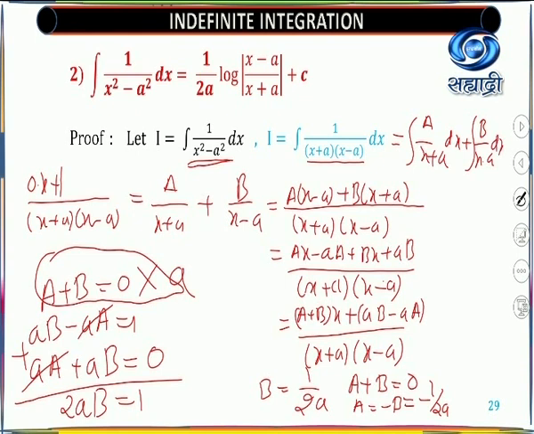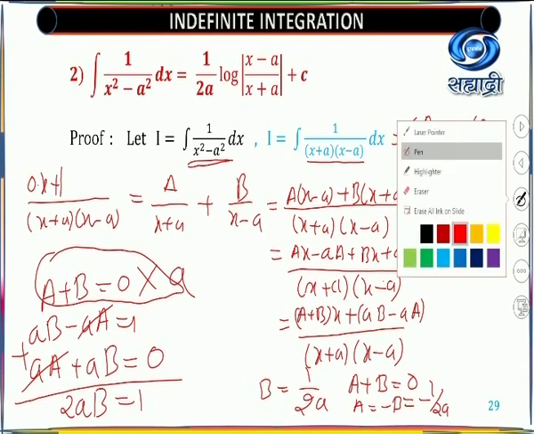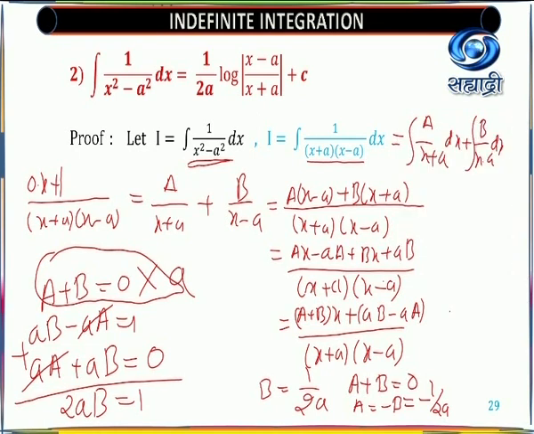And by comparison, you got the value of a and b, that is minus 1 upon 2a, and b as 1 upon 2a. Okay, so we'll start with that. This is the workout, how to get the values of a and b. So directly we'll write now. Look at here, this is direct now. Directly you will get the second step. But before that, this is the working which you must know.